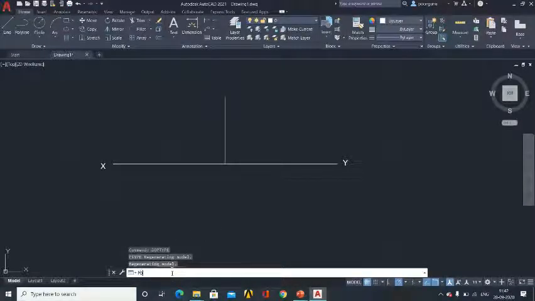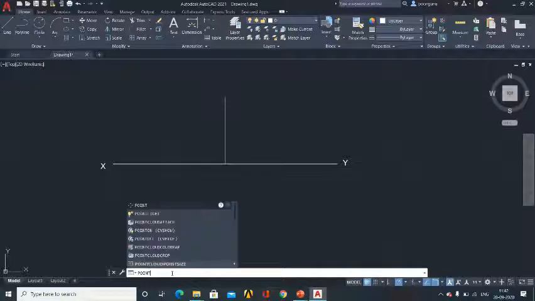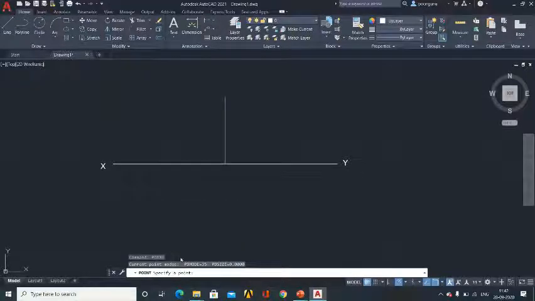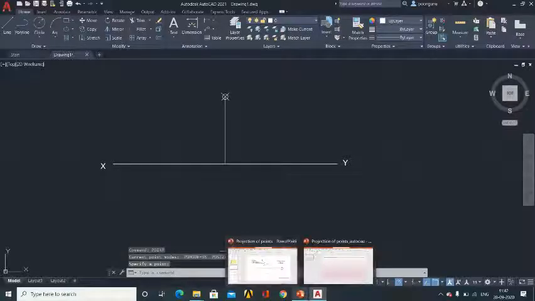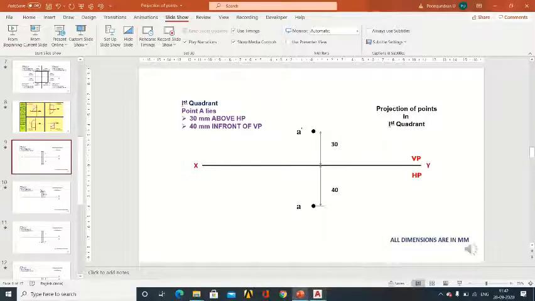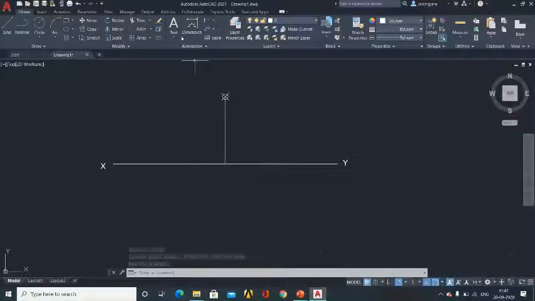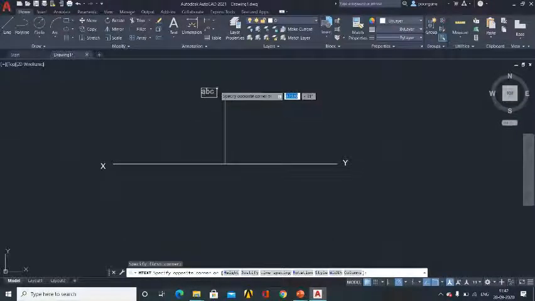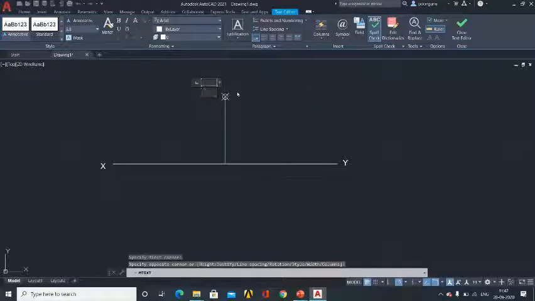Now you type the command point, you press enter, and click where you want to locate your point, here. So now I got my point here, and we know that that point is A dash. So you select the text command, draw the box, you type A dash.